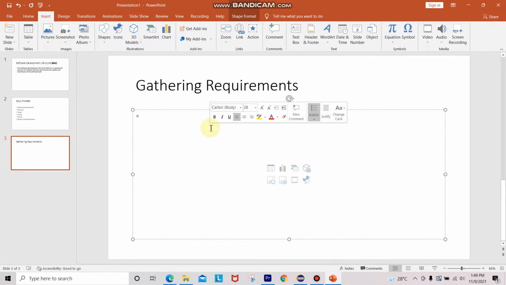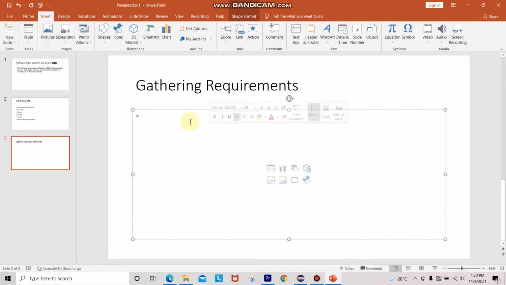If you see the name itself, it is telling us getting or gathering the requirements, so you can easily understand what it means. In gathering the requirements, we have some documents, like the business requirement specification. Along with that, we take some information from the customer. Here, customer means client. Before you develop or test any application, we first need to get some information from the customer in the form of a business requirement specification document.